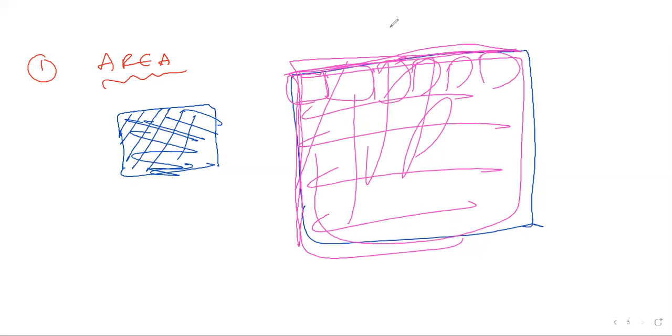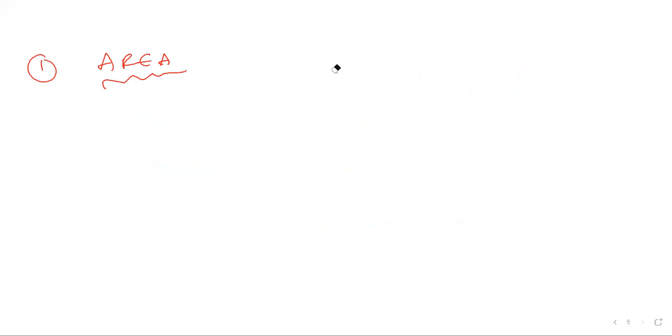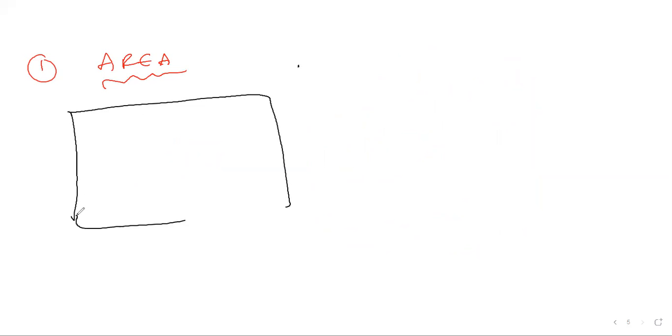If you're still not clear, I'll take one more example and explain, where this concept is useful for us in regular life. Let us say you're constructing a new building at home. This is the ground floor, let us take a square. A ground floor we have to fill with tiles. You ordered a tile, and the tile size is 4 centimeter by 4 centimeter. Each tile is 4 centimeter.